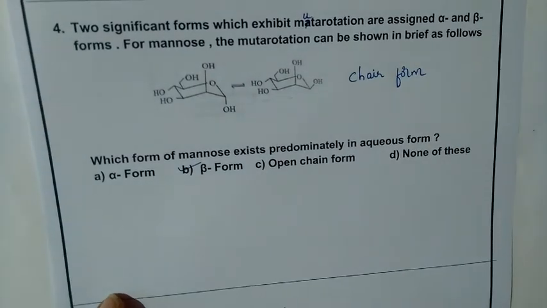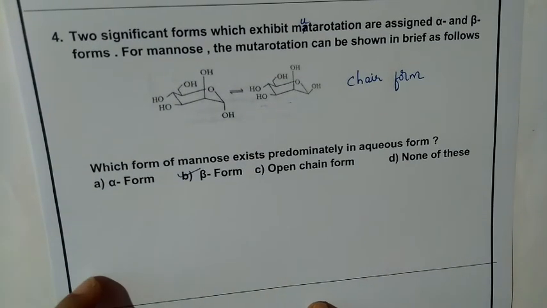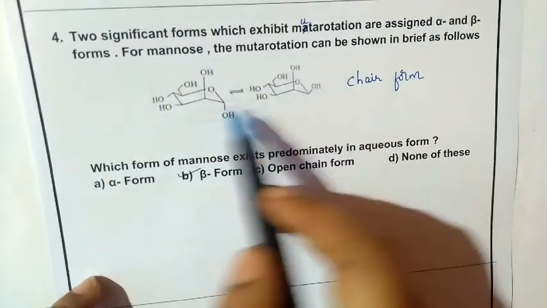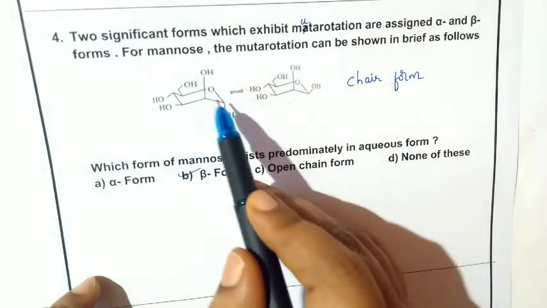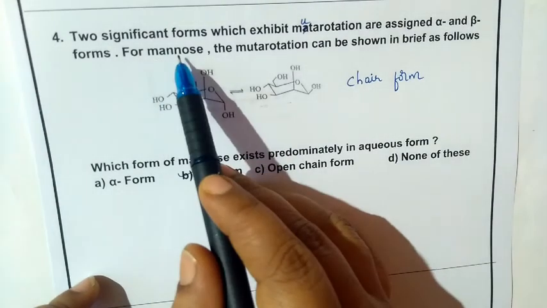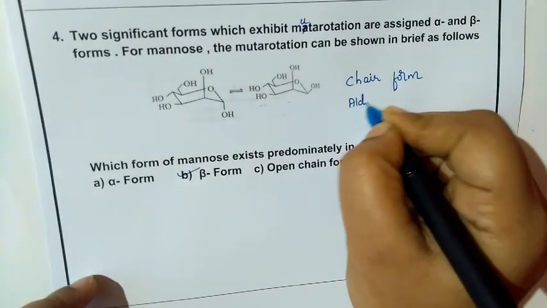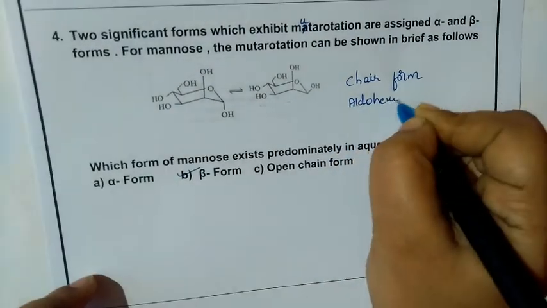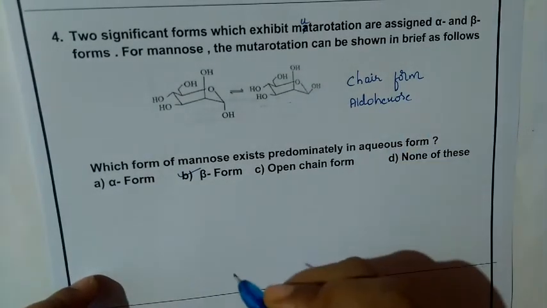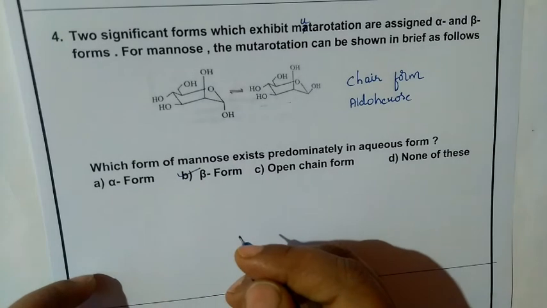Chair form or chair conformation it is. So which is alpha and which is beta we should consider. Before that we should number the carbon atoms. When you check this structure properly, it is oxygen related. It is already known that it is mannose. Mannose is an aldohexose. It should contain 6 carbon atoms. It is just like our glucose, only there is a change in the C2, that is carbon 2. Carbon 2 is different, that's it.